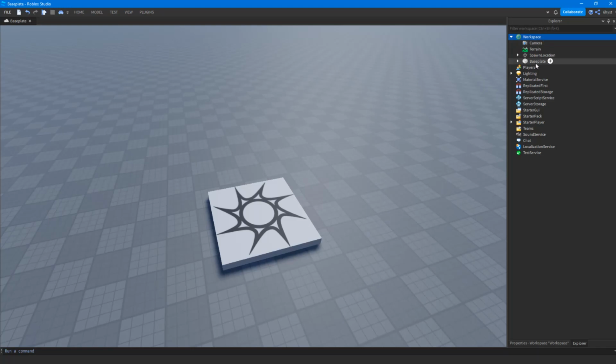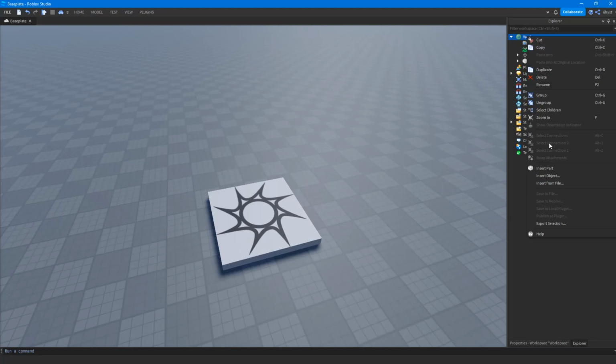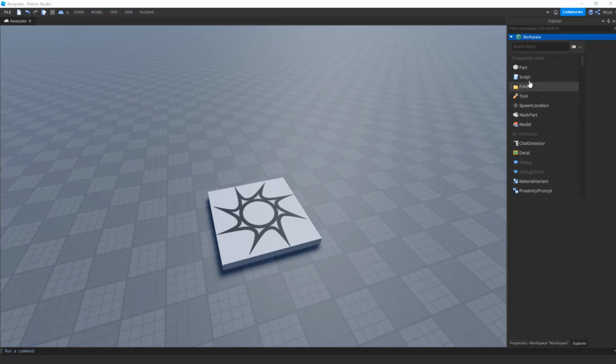So when something is under something else, it's called a child. And when something is above something else, it's called a parent. So you can see the base plate is the child of workspace, and the workspace is the base plate's parent. It's kind of weird sounding, if you're not used to scripting, you'd wonder why would you call it the child and the parent? But it's just the words they picked that we use, so it's just what you gotta go with, I guess. So you can right click it and you can click insert object,